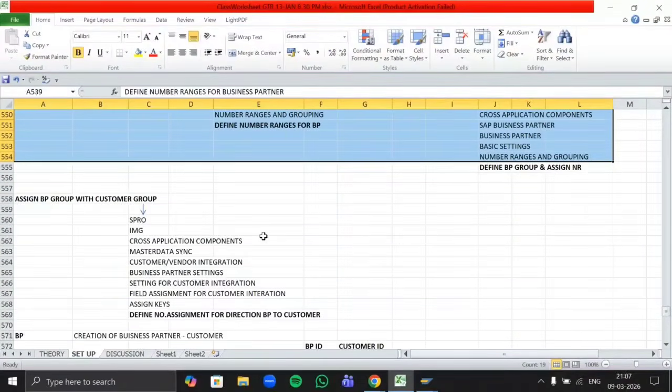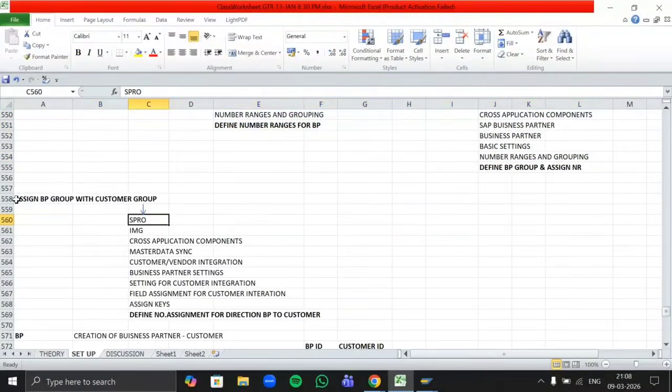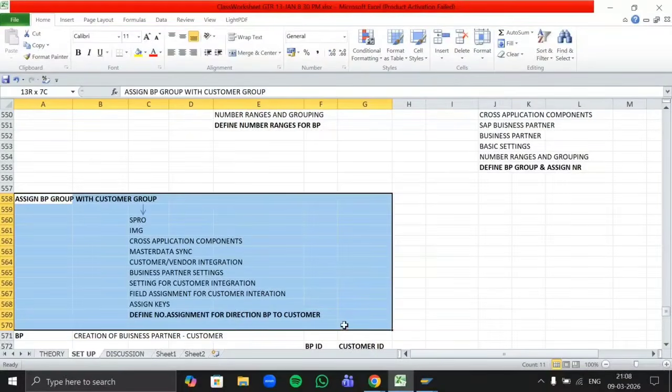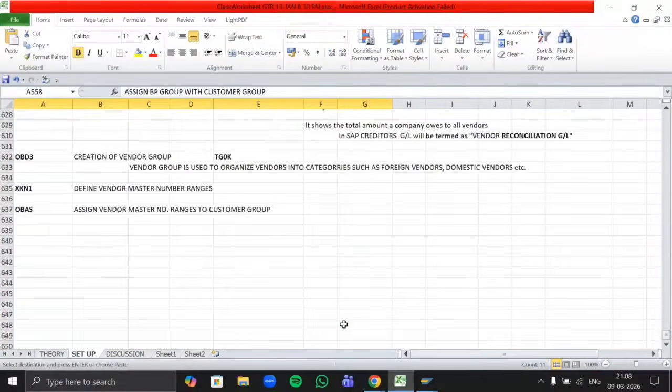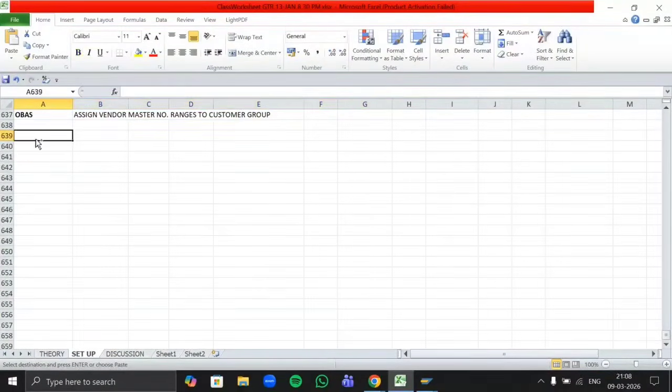Okay, what we need to do, BP group we already have, but earlier we have assigned it with the customer group. This time we have to assign it with our vendor group. So let's assign our BP group with the vendor group.